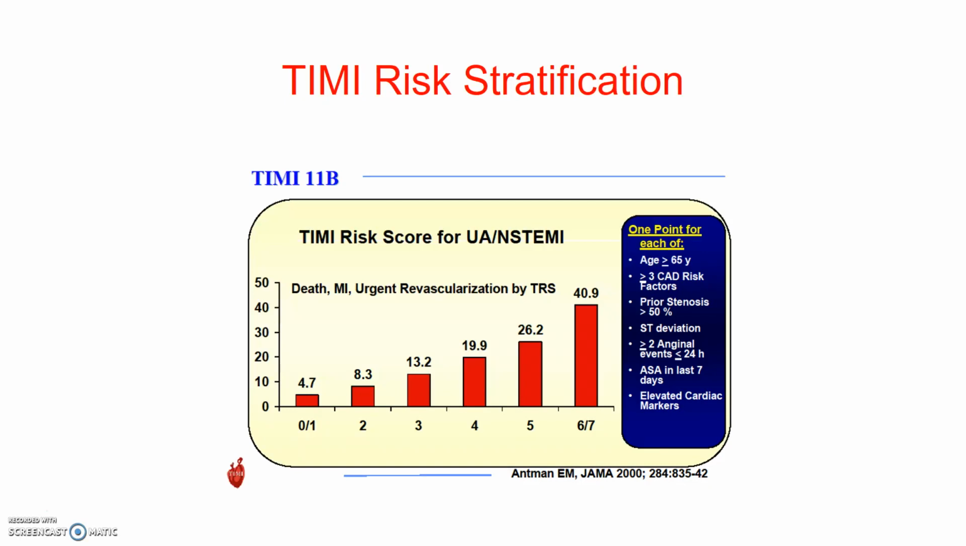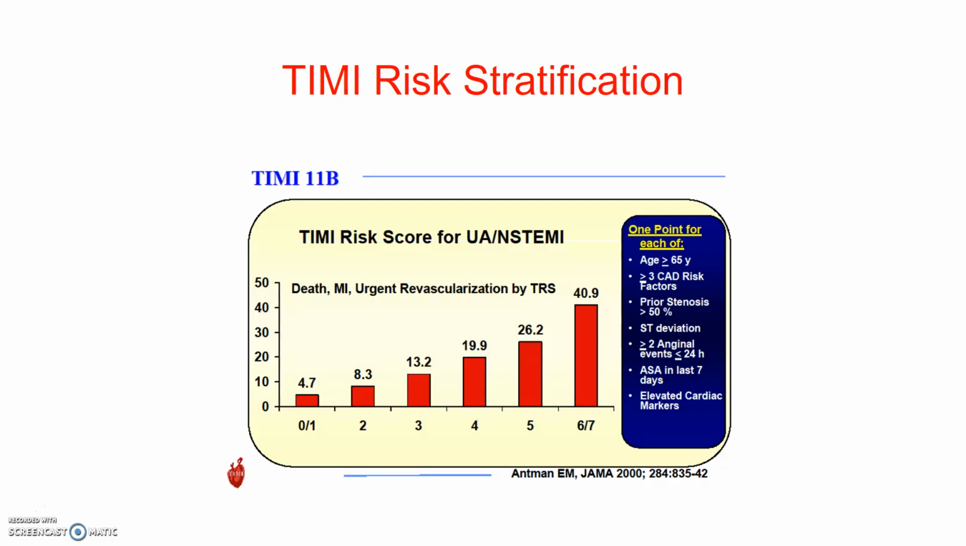The TIMI risk stratification is an important system. It has been developed by the TIMI group, which is based out of Boston. Basically, the score goes from 0 to 7, which predicts a 4.7 to 40.9% risk of death, MI, urgent revascularization at 14 days. You get a point for age greater than 65, another point for greater than 3 cardiac risk factors, a point for prior stenosis, ST segment deviation, greater than 2 anginal events, aspirin use in the last 7 days,